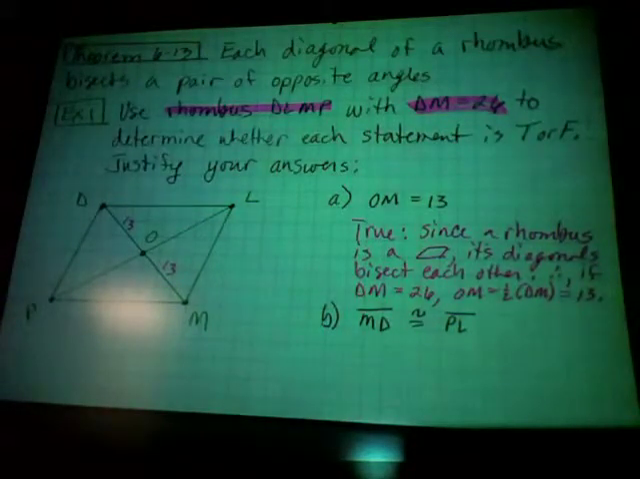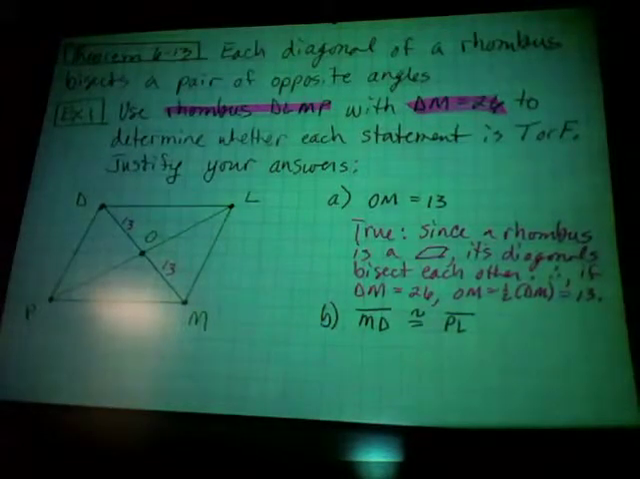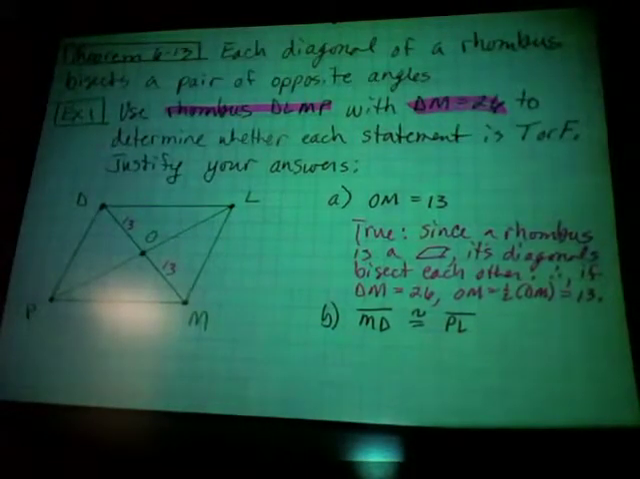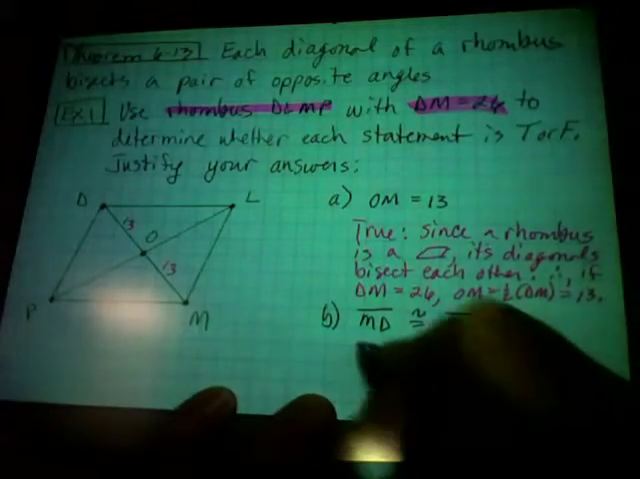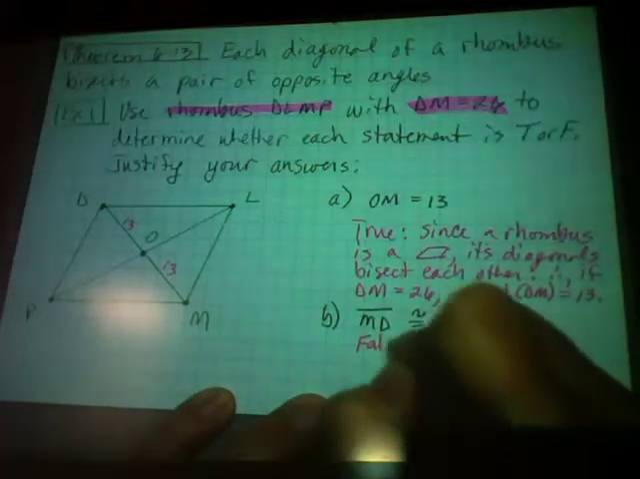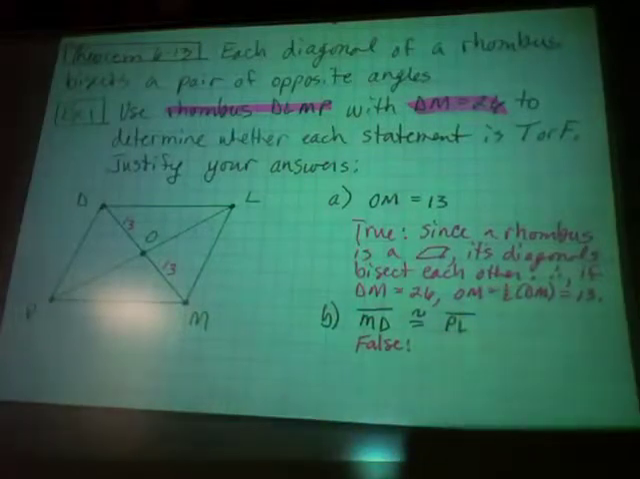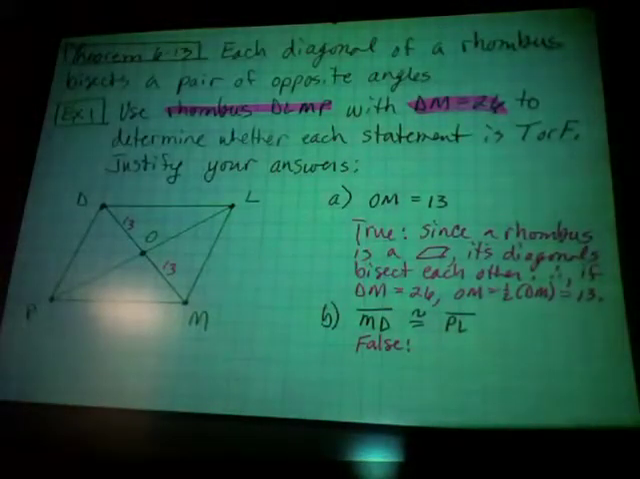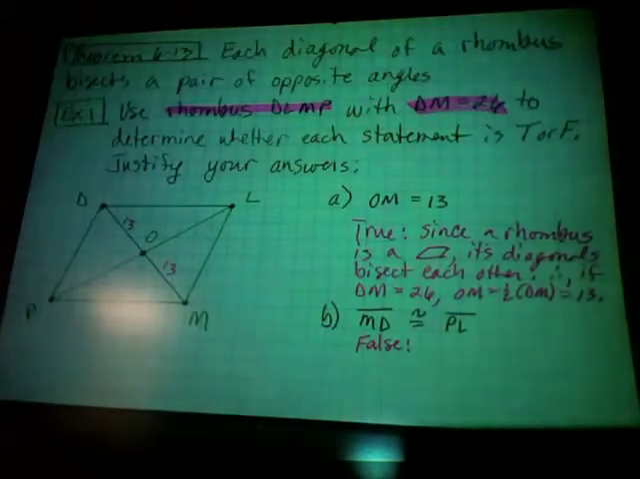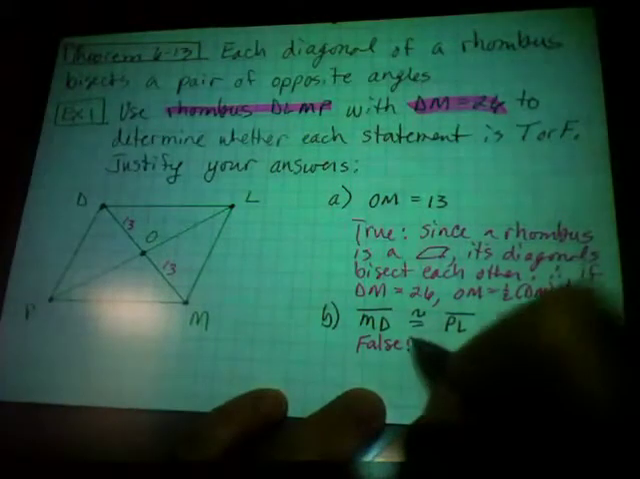And those are what parts of the rhombus? Diagonals. Are diagonals congruent in a rhombus? Are they congruent in a parallelogram? No. So is this true or false? You will learn in a minute that it is only true when that rhombus is a square or a rectangle, right? So it's false